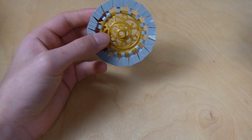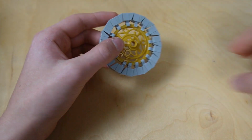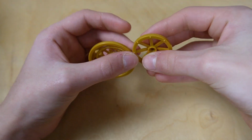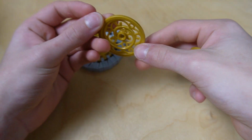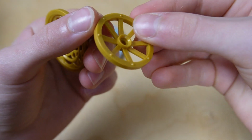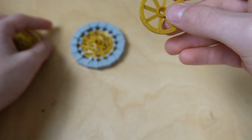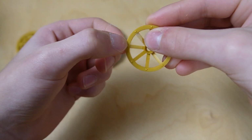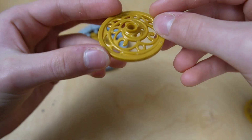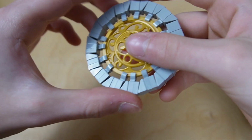Okay everybody, so technique number 1, you have seen 2 or 3 times on the channel before, and it is using wagon wheels. Now, there are 2 sizes of wagon wheels. I think there might be a third, but I do not actually have any. And this, I believe, is a new piece. It is really nice for this technique because if you look closely, there are these bolt nubs on this, and it makes it really hard because you can't clip the clip on where the nub is, so you have to work around it. But with this new piece, I believe, it is nubless,